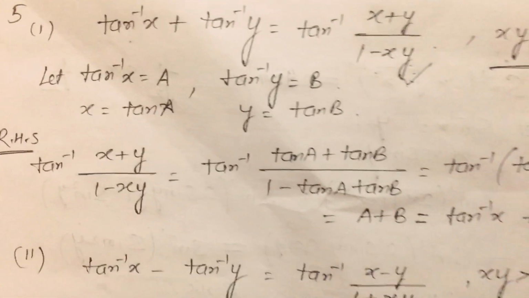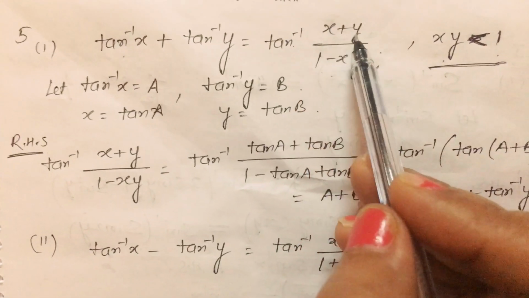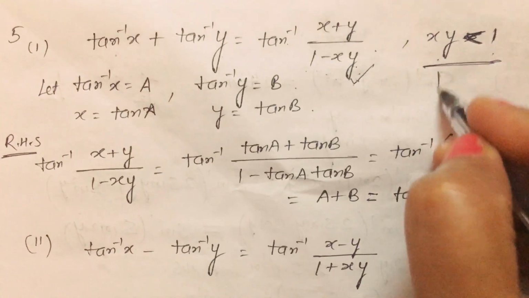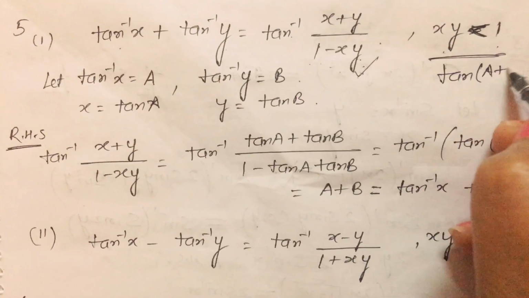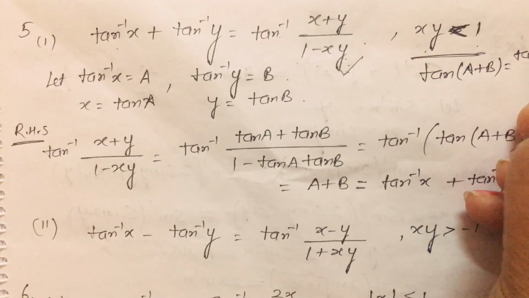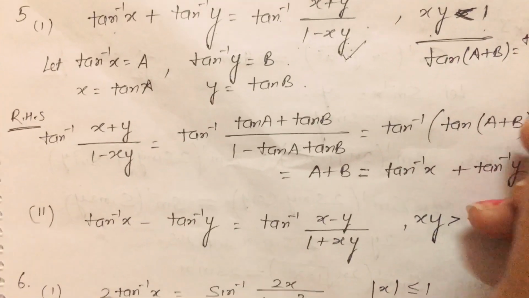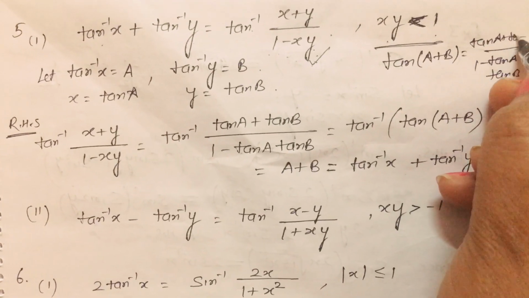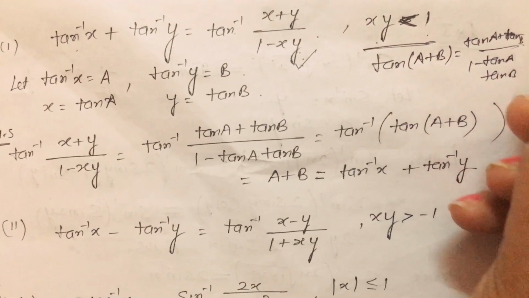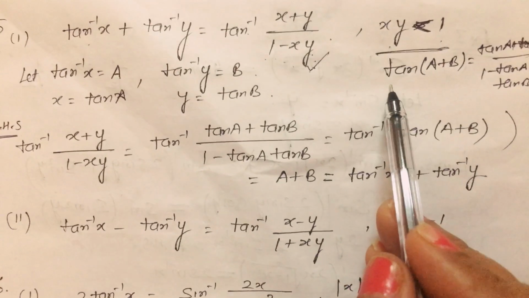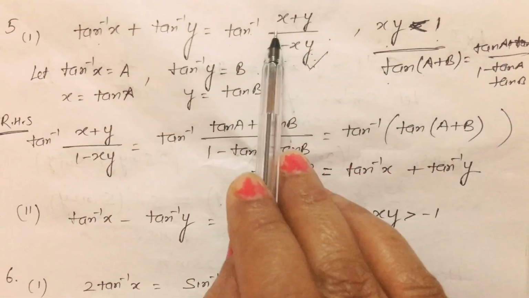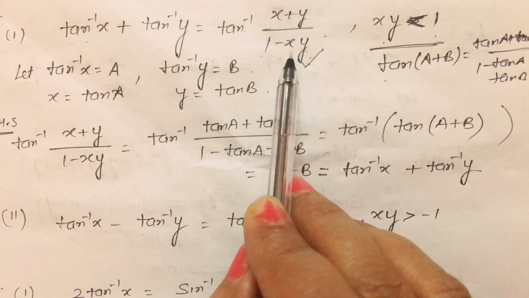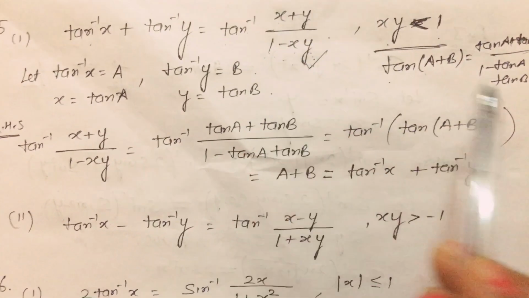Okay, and this property we know, we read one formula in an earlier class: tangent of a plus b is equal to tan a plus tan b upon 1 minus tangent a tangent b. And you have revised these formulae also. So look at this, is it the same as this or not? If x is equal to tangent a and y is equal to tangent b, then 1 minus tangent a tangent b is the same as this.